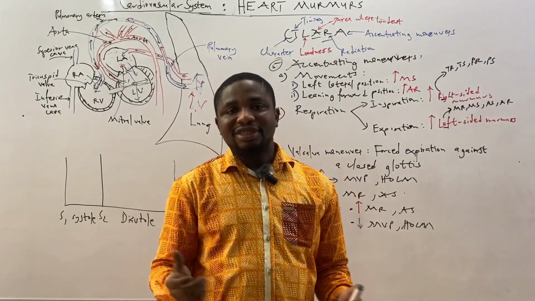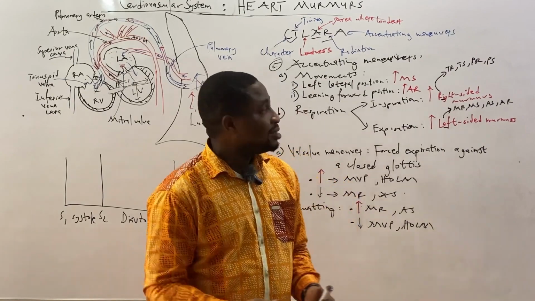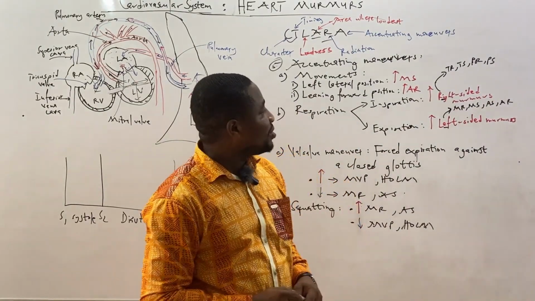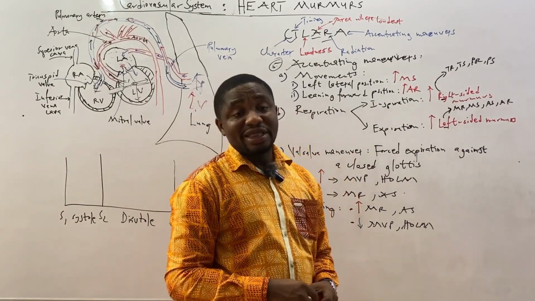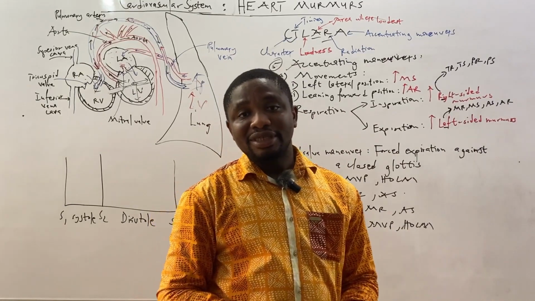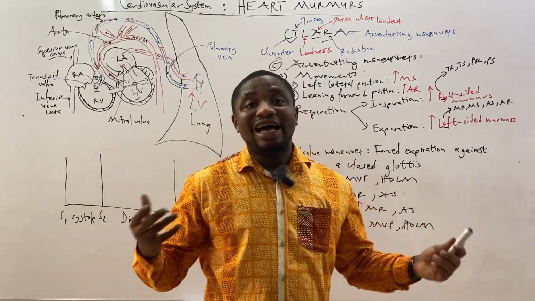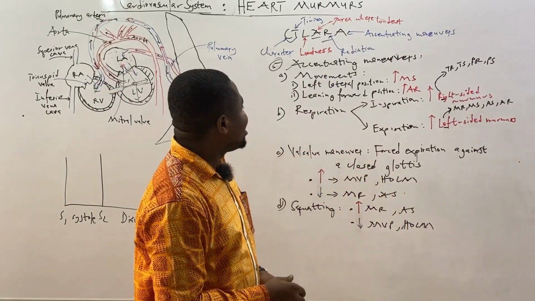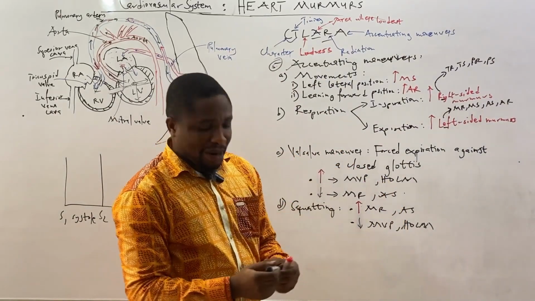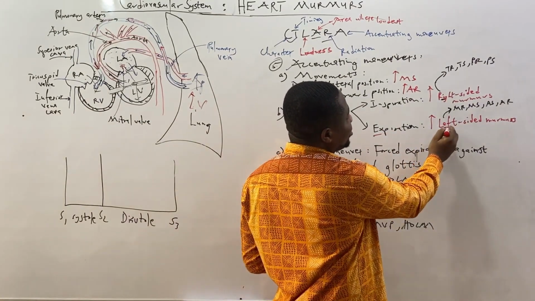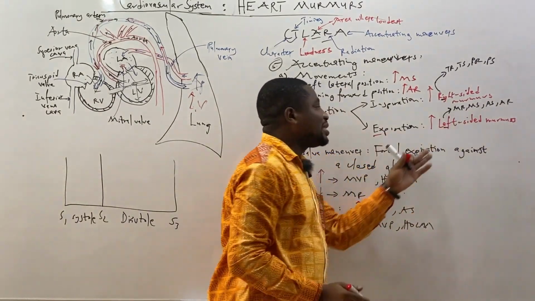right side. That will be which murmurs? The tricuspid regurgitation, tricuspid stenosis, pulmonary regurgitation, pulmonary stenosis. Those constitute the right-sided murmurs. But if the murmur is already loud, there's no need to do such a maneuver. The next one is the expiration. Expiration, you are looking at E. And if you move here left, what's the second letter? Is E. So expiration